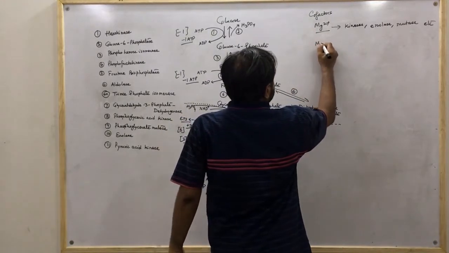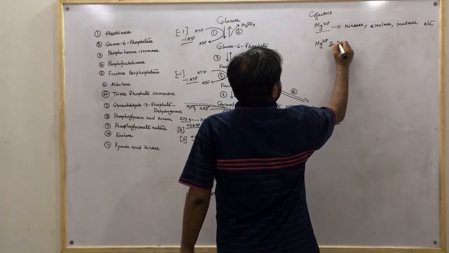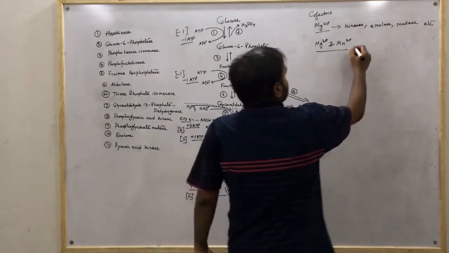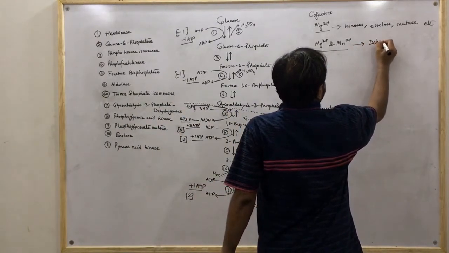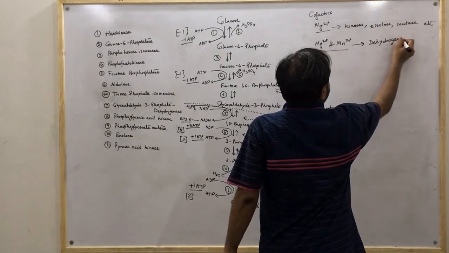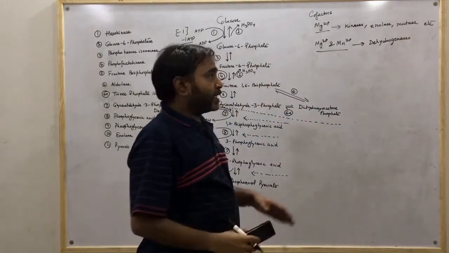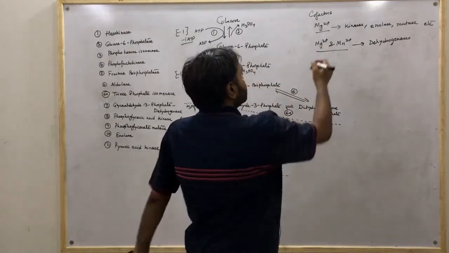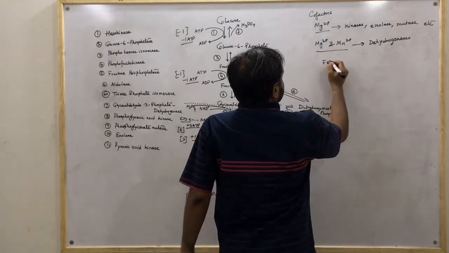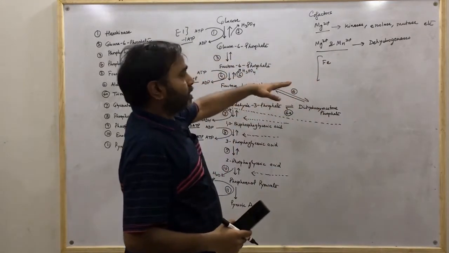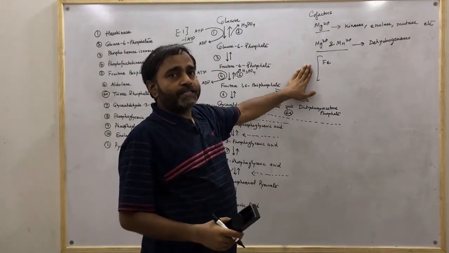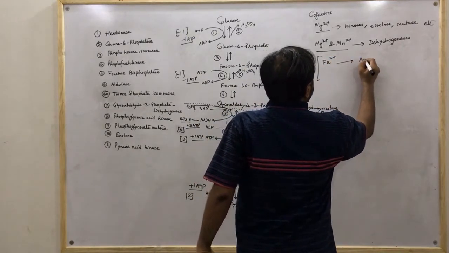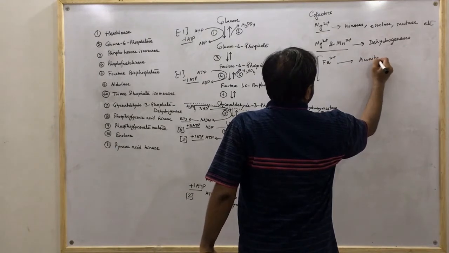Likewise, the other cofactors, you can say like magnesium and manganese, together required for the activity of dehydrogenases. And what else? These ions are serving as cofactor. Likewise, what else is there? We can say like iron. I am just putting the bracket because these enzymes will come further, but for sake of knowledge I am telling you that iron is required for the activity of aconitase particularly.